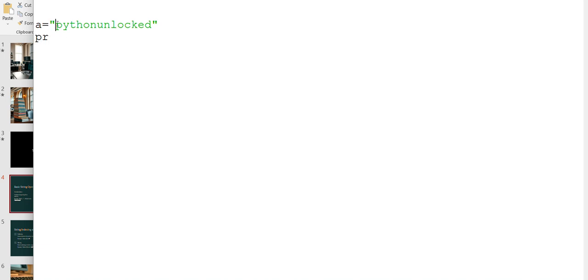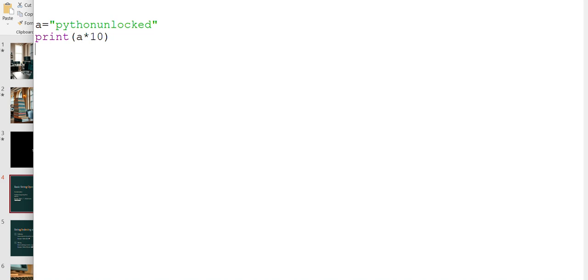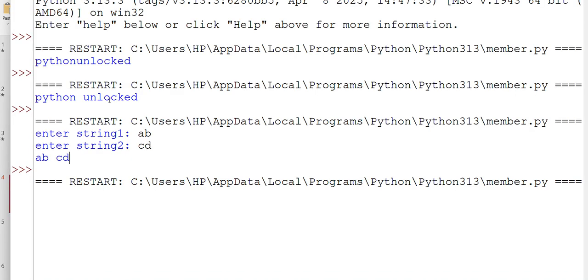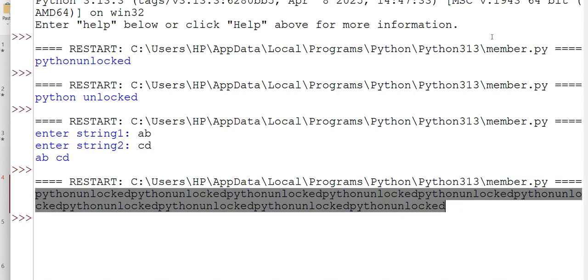If I want to write it manually, I'll be writing this 10 times in the same string, which is a time consuming process, because if the count increases to 100, that will take an ample amount of time. So I am simply adding 10 over here, and let's run this. You can see we are getting Python unlocked 10 times as our output.